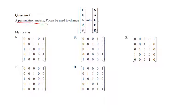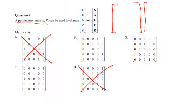Your permutation matrix is just a scrambled identity matrix, so you can only have a 1 in each row and each column. That then eliminates A and D. And we've got to look at this. We're going to have a matrix. The permutation matrix is going to be fears like this, and that's got to equal